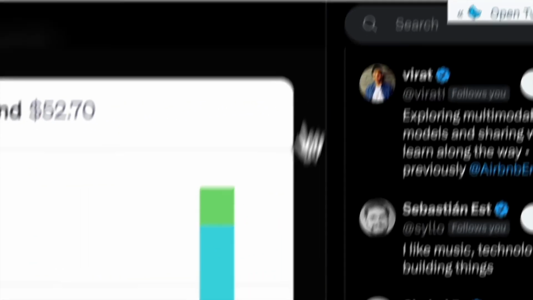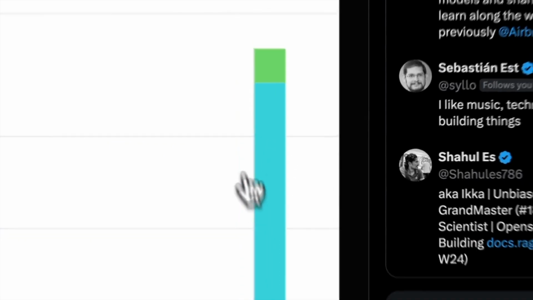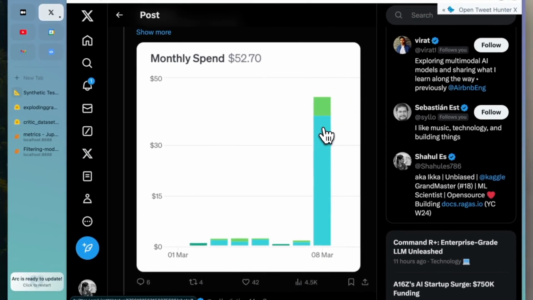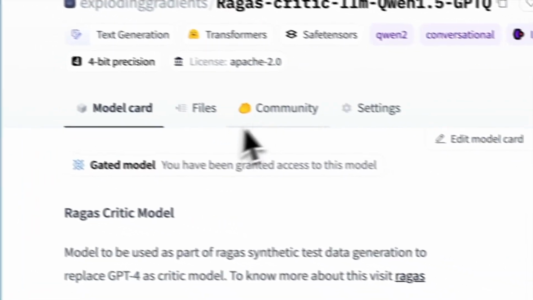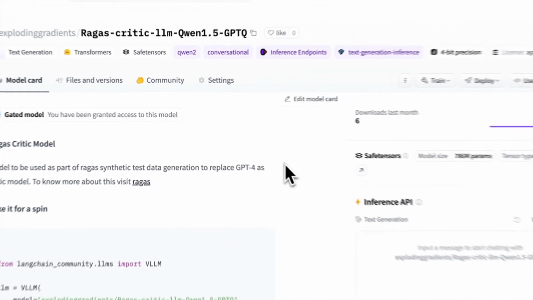Now this started becoming an issue when most of our users generate synthetic data over hundreds of documents, and we are aware that most of the users incurred a high cost while doing so. And the major culprit here is GPT-4, because GPT-4 is like 60 times costlier than almost any other model available in the market. Now to avoid this, we have developed our own custom LLM which can be used as critique,